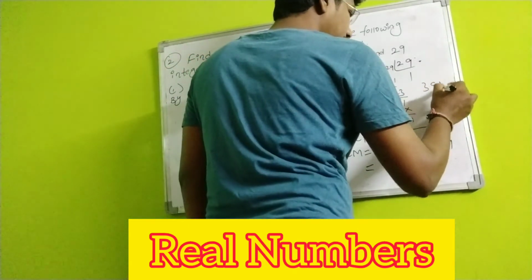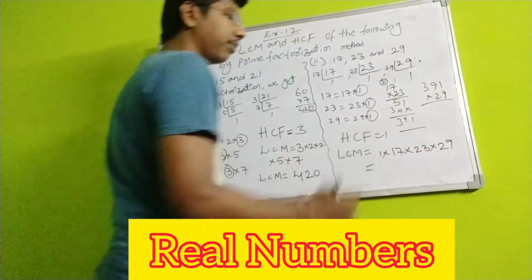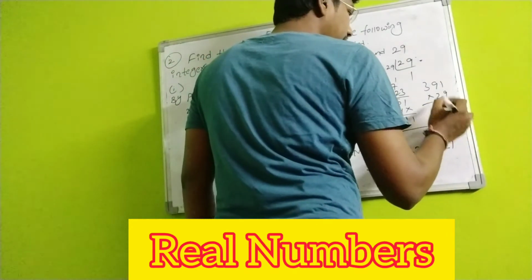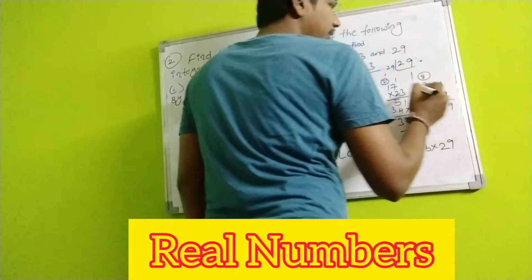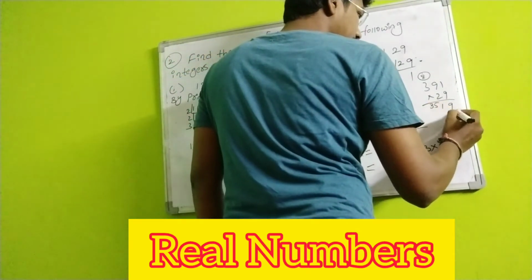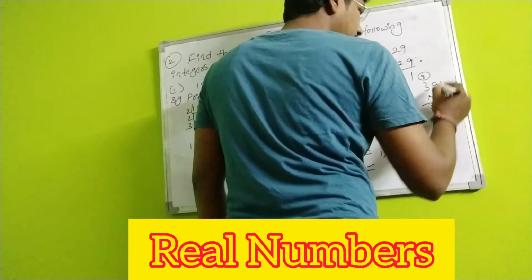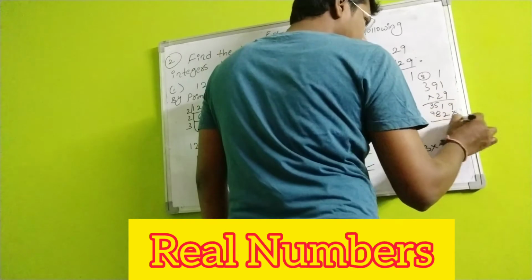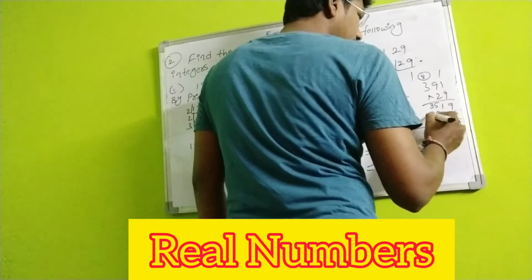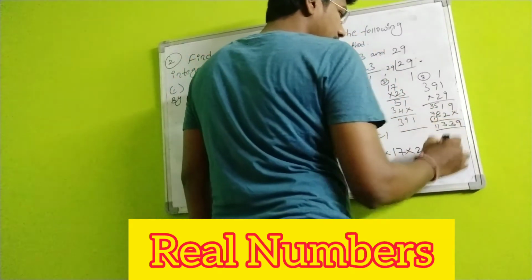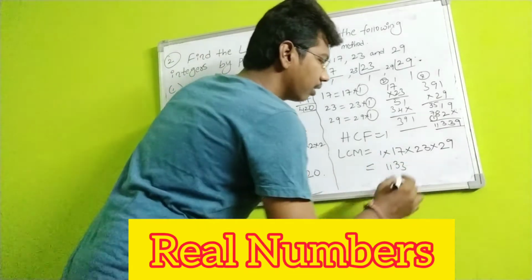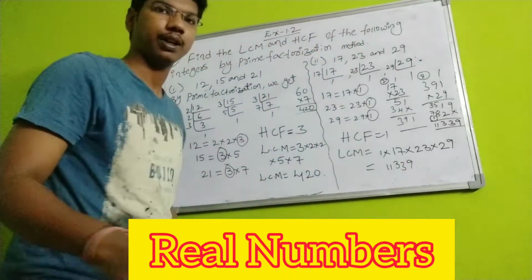So now multiply 391 into the third number, that is 29, students. Take 29 and multiply. 9 1s are 9. 9 9s are 81, 8 carry. 9 3s are 27, 27 plus 8 is 35. Into 2: 2 1s are 2. 2 9s are 18, 1 carry. 2 3s are 6, 6 plus 1 is 7. 9, 3, 8 plus 5 is 13, 1 carry. 7 plus 1 is 8. 8 plus 3 is 11. Your final answer is 11339, students. This is the second solution, students.